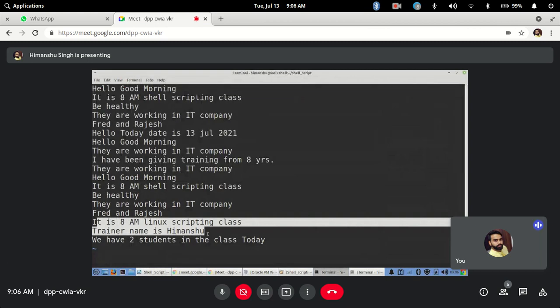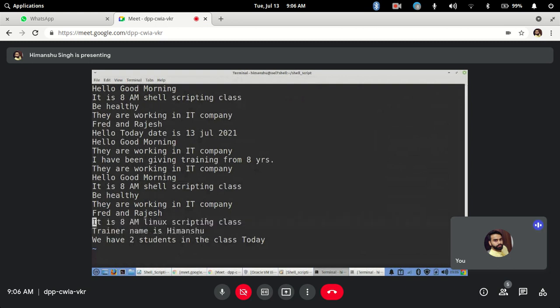Now tomorrow we'll continue further from here. There are still more things left: how to search, how to replace, and other options. Whichever is more useful, that one only I am covering. Still VI is very big. There will be a number of commands that will never end. But whichever are very important, that I am covering.